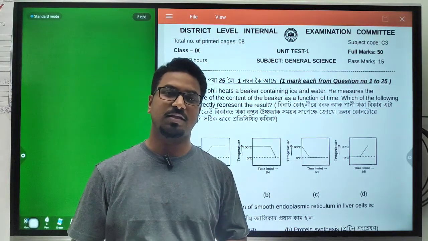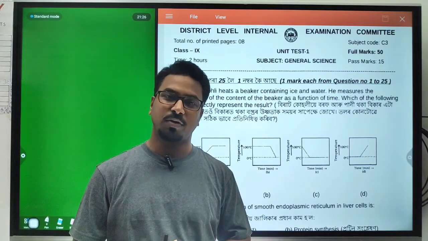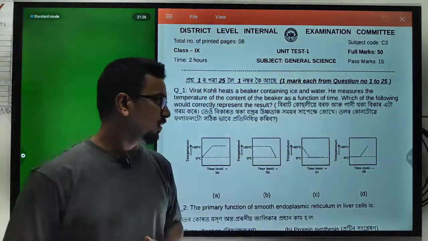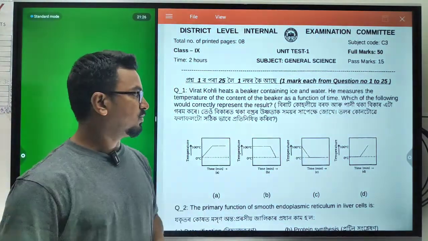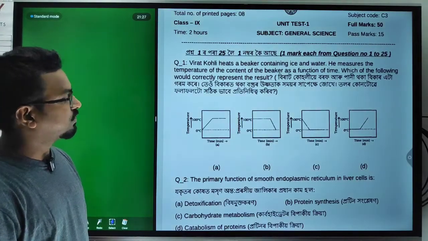Today we'll discuss the question paper of the first unit test of Dibrugarh district of class 9 general science. We'll start from the MCQ. Here we have all the questions. The first question is given: